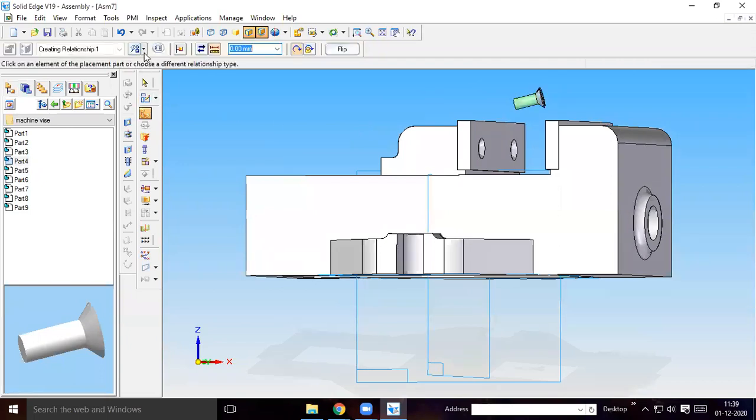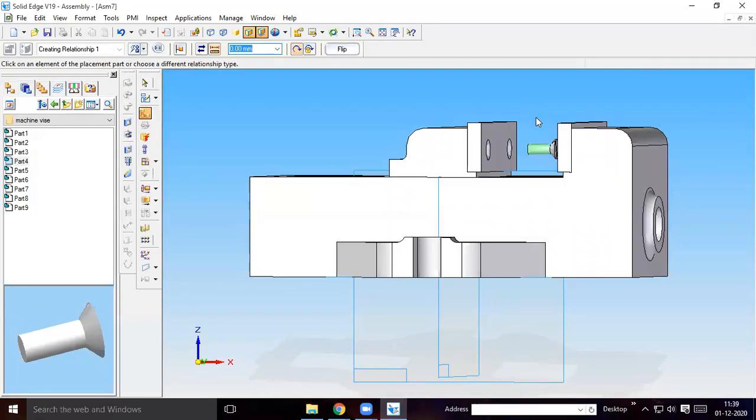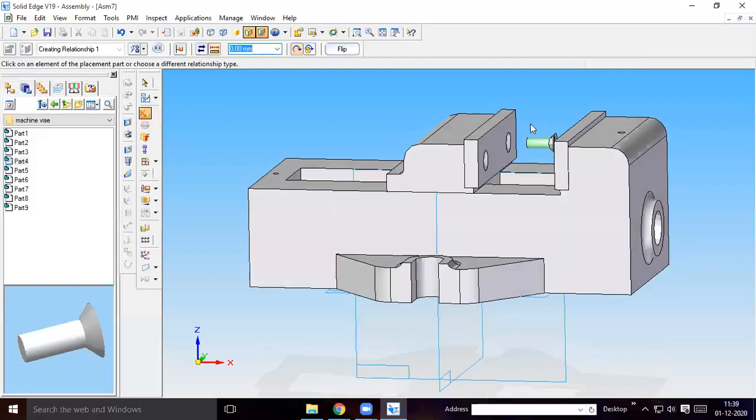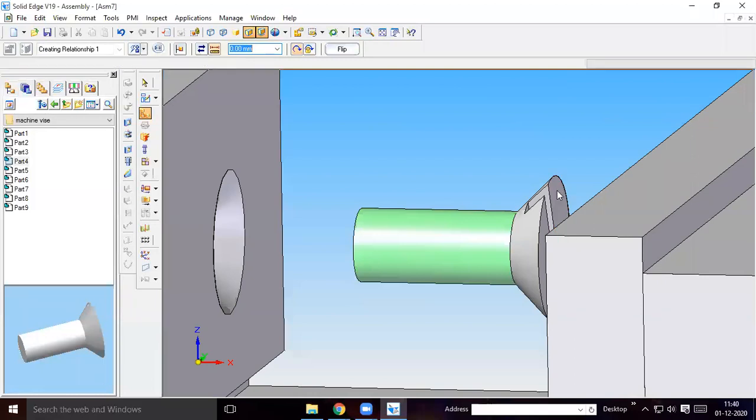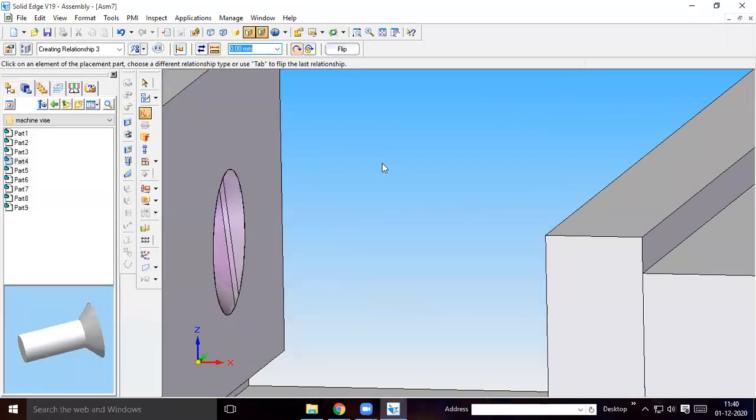So axial alignment of the screw and this one. Once the axial alignment is over, then you give flush fit of this surface. Zoom option. Alignment of this surface with this surface.